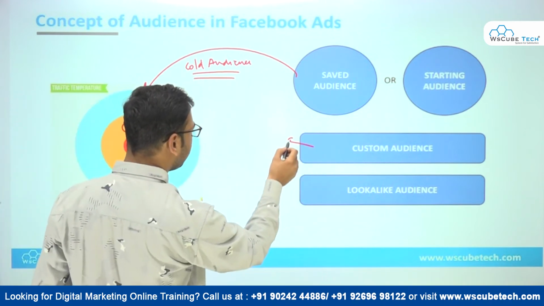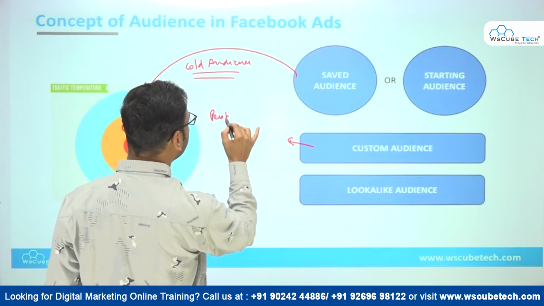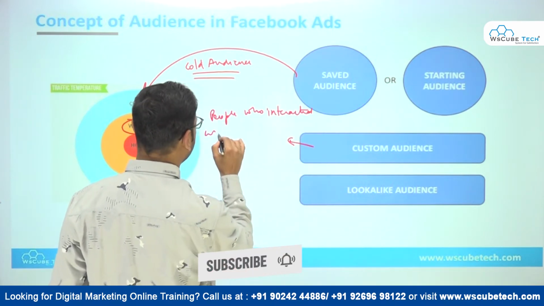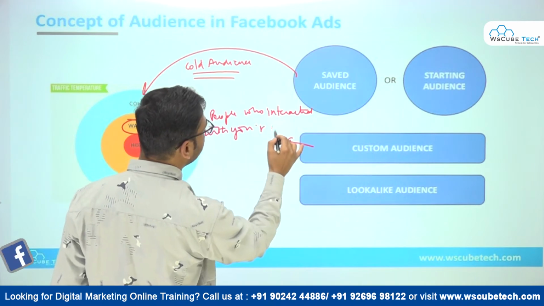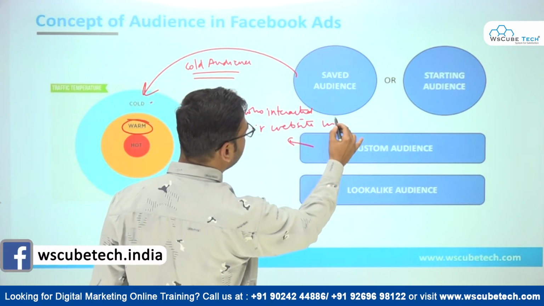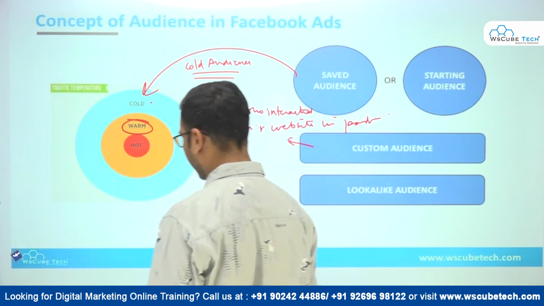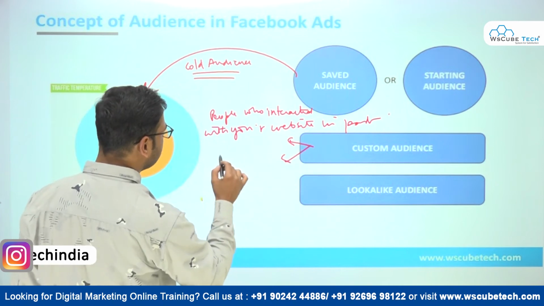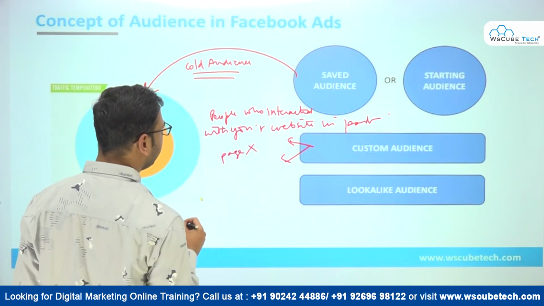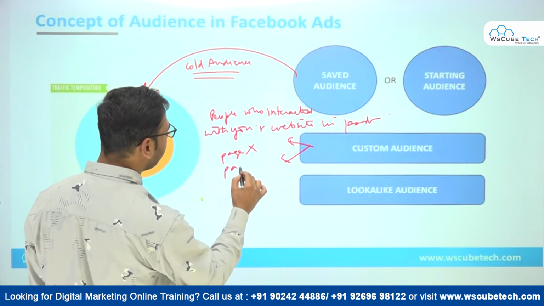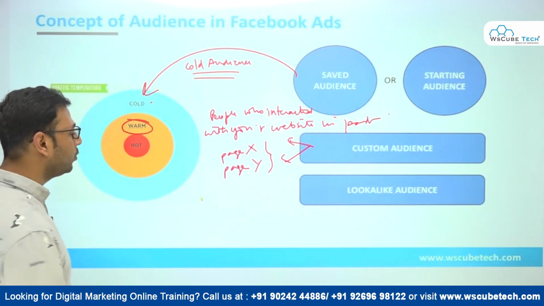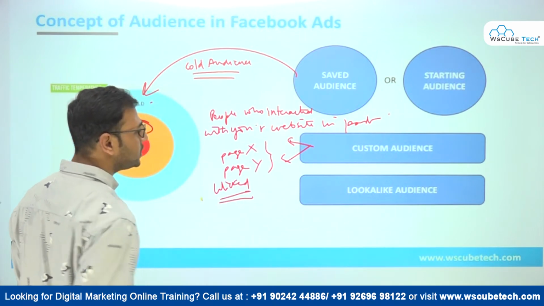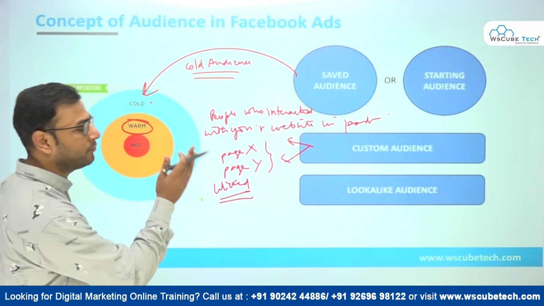Now this particular audience is people who interacted with your website in the past, right? So if you want to target people who have interacted with your website in the past, you have to define the conditions, like they visited a certain page, page X, and you want to create an audience of people who visited page Y, and you also want to create an audience of people who have clicked on any one of the buttons. So you have these different options on the basis of which you can create the different custom audiences.